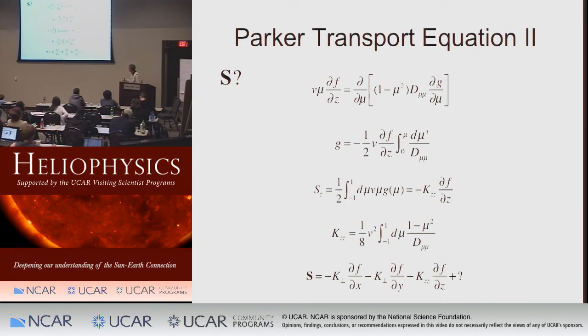But in any case, essentially, you'll have a diffusion like this. The tricky part is actually determining these coefficients. And normally, you would say they should be the same in the two directions perpendicular to the field. Okay, so that takes care of